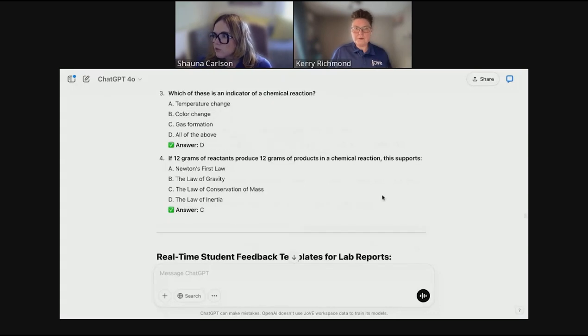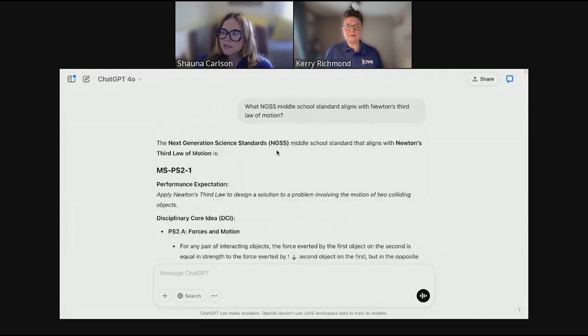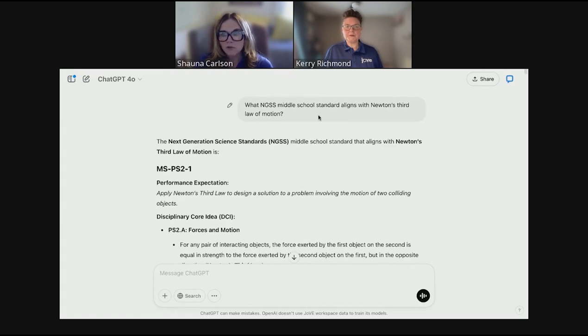Okay, so here, I'll just scroll back up to the top from our initial entrance. So we started with what NGSS middle school standard aligns with Newton's third law of motion. And then we did the same for high school for chemical reactions and balancing equations. It gave us our response. And then from there, we asked it to generate a lesson plan aligned to that standard for middle school students. And we said that we want to include supplemental material like this video on Newton's third law. We want some multiple choice questions to assess understanding, and we want some activities and hands-on experiments and a worksheet